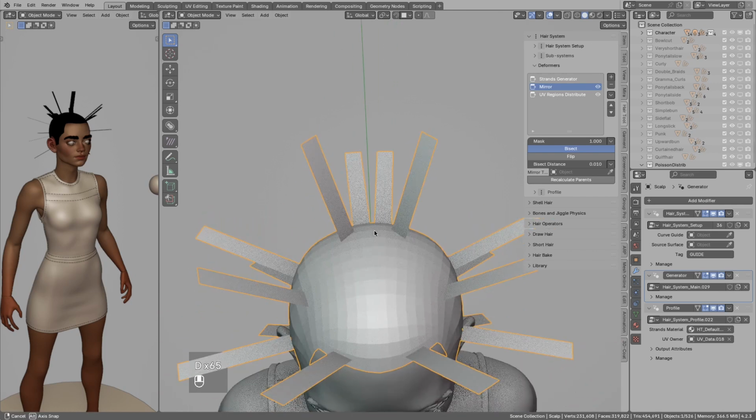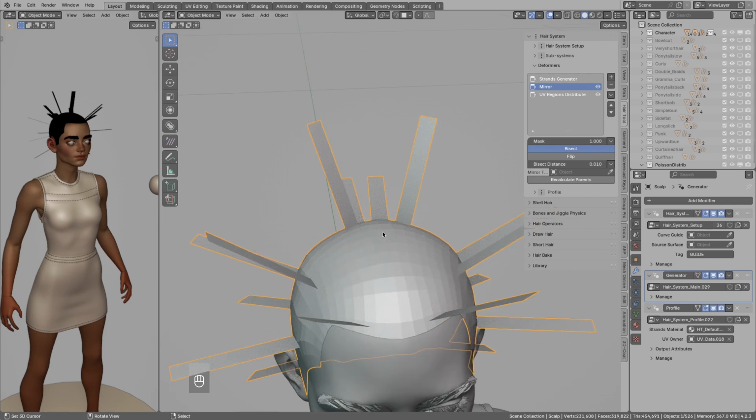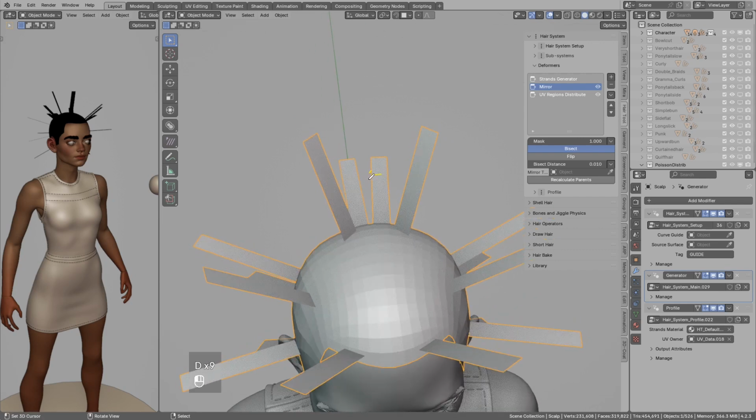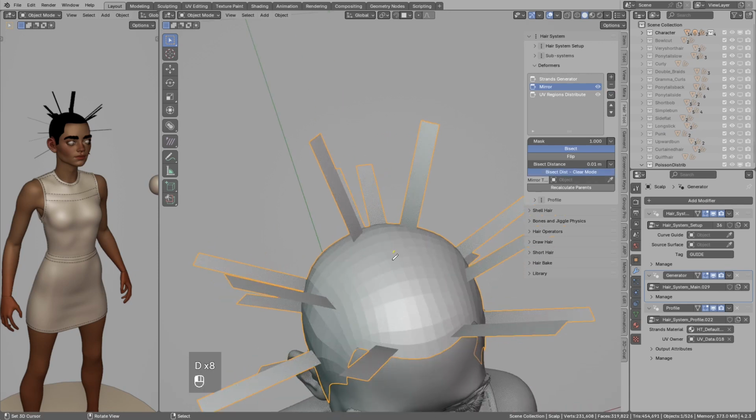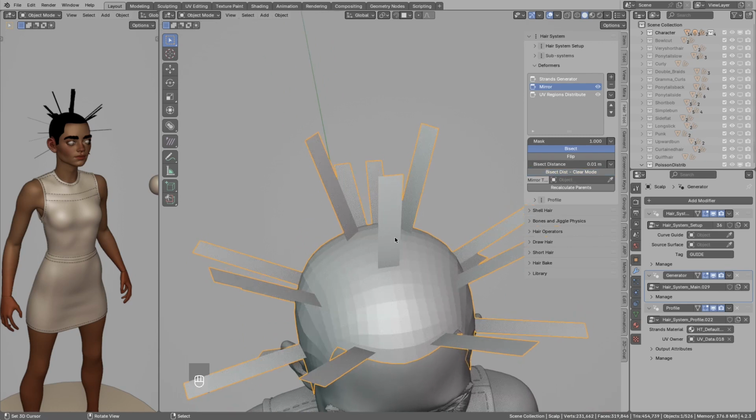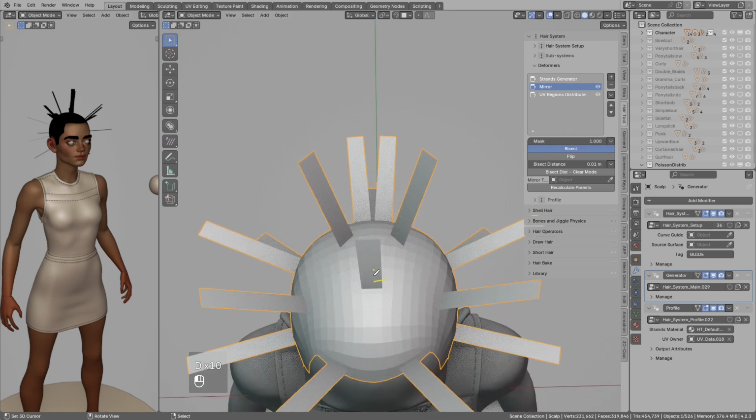In this case, actually, I want different behavior. I would prefer actually to match those two strands into one in the center. And if you go to mirror and use the update menu, you will see there is the new option bisect clear mode. So this will work the old way, where the strands in here were removed, but I can now disable this option, and now those strands will be matched together into one in the center.